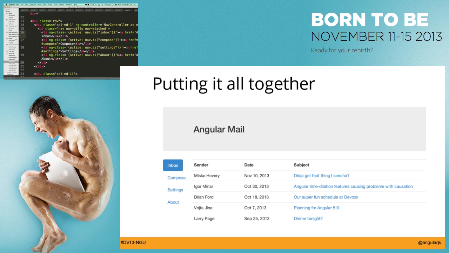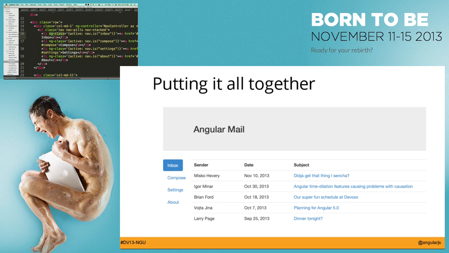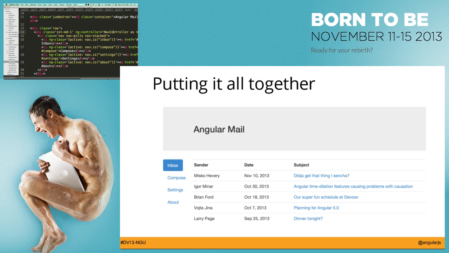But I can use Angular to do that for me, where I say ng-class equals, and the syntax for this can take a map, and it'll set active if this thing returns true. So I created a function here on my controller, I said nav controller as nav, and I can call nav.is to say, like, am I in the inbox, am I in compose? And the way I implemented that